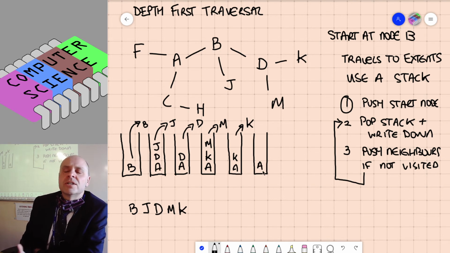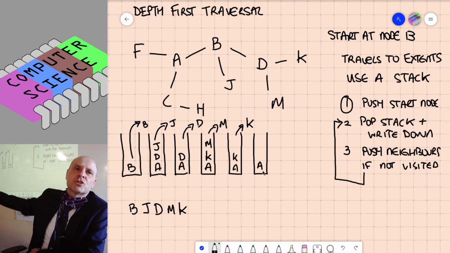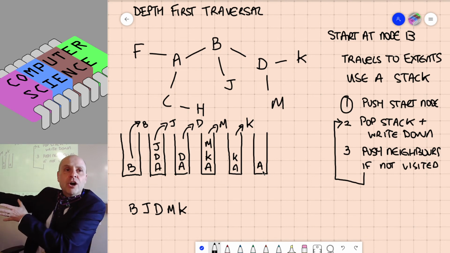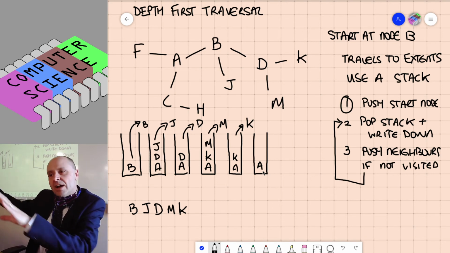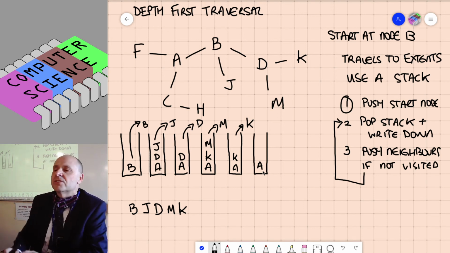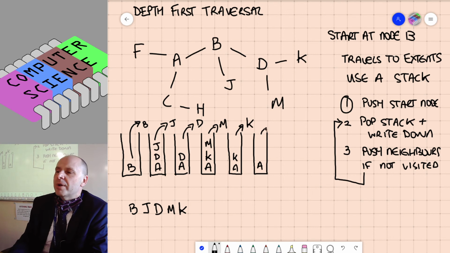So what you can see we've done so far, we've explored one full extent of this graph. We have got the A branch. So all the other nodes have been visited. We've now got the A one to do in its entirety. There's no layer in here, it's a depth search. Right, so we pop A,